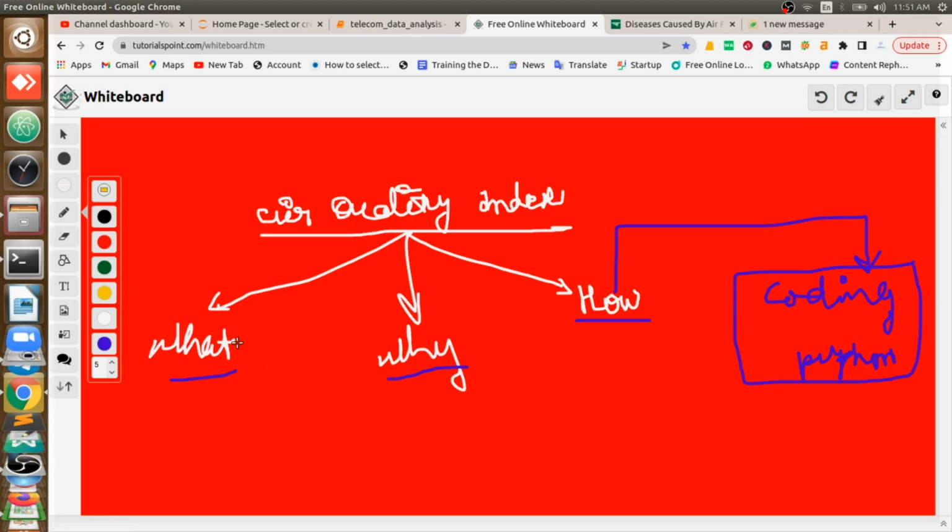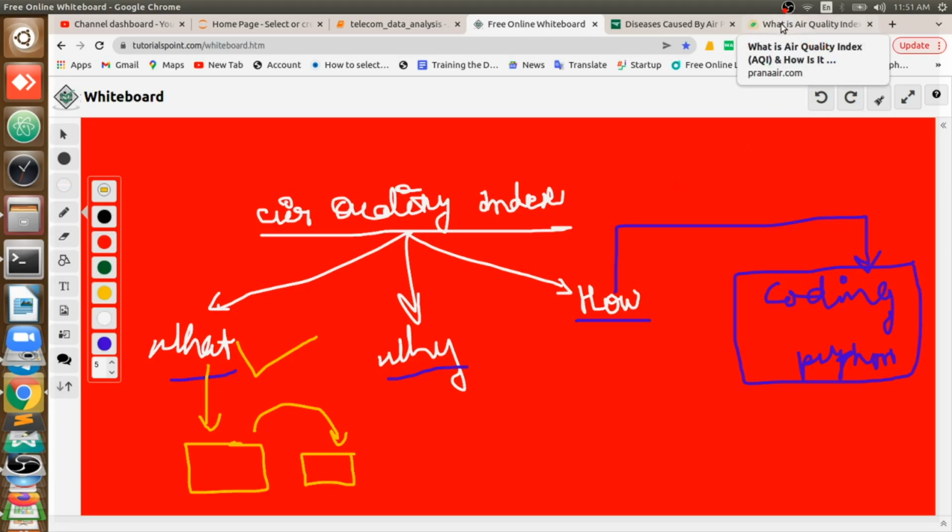So let us check what is this air quality index. Air quality index is just a number which shows us the level of the quality of air. So how are we going to do it, and what is the basis of giving the air quality index? For that I will refer you to one of the good articles which I found during the research.